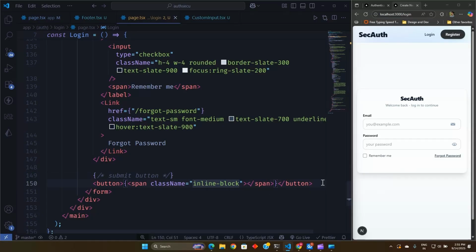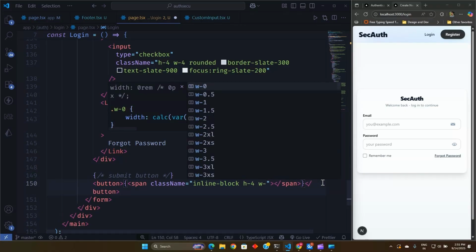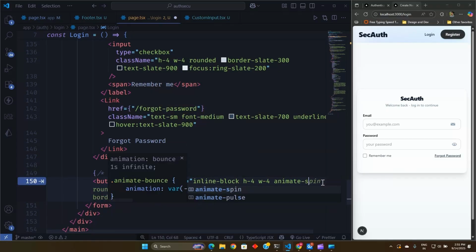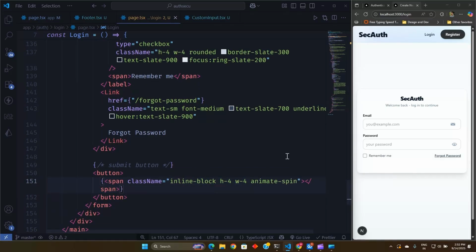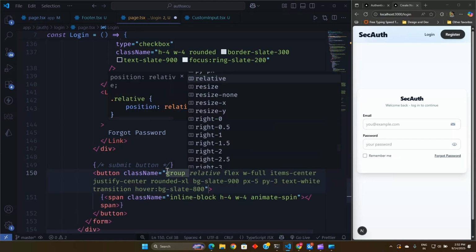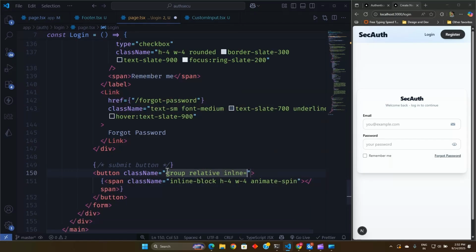So after this inline-block we will add height h-4 and w-4, and animate-spin so that we can have the spin animation. So okay, spin, and save. For now we cannot see anything, so let's add some classes to our button. For this we can add group, and here it will be relative, and also inline-flex, inline-flex,